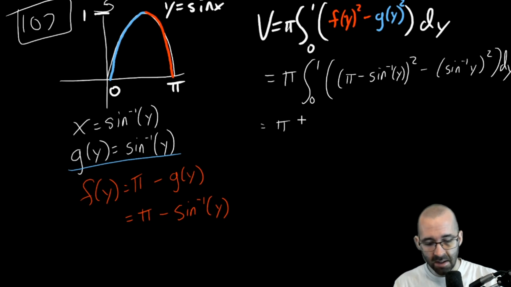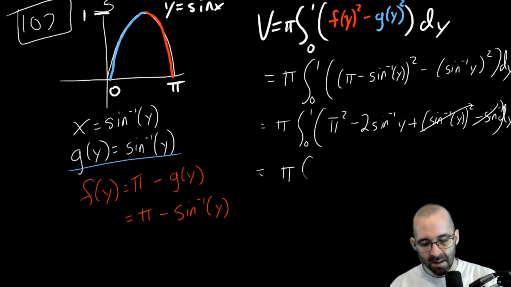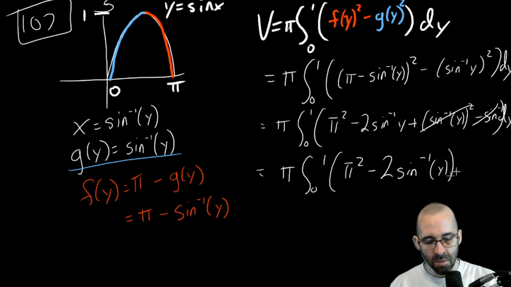And this is going to be the integral from 0 to 1. Let's FOIL this out. Pi squared minus 2 pi arcsine y plus arcsine squared of y, which will cancel with this one. I'm just going to cancel it right now. I don't have to write it. So we have pi times the integral from 0 to 1 of pi squared minus 2 arcsine of y dy,